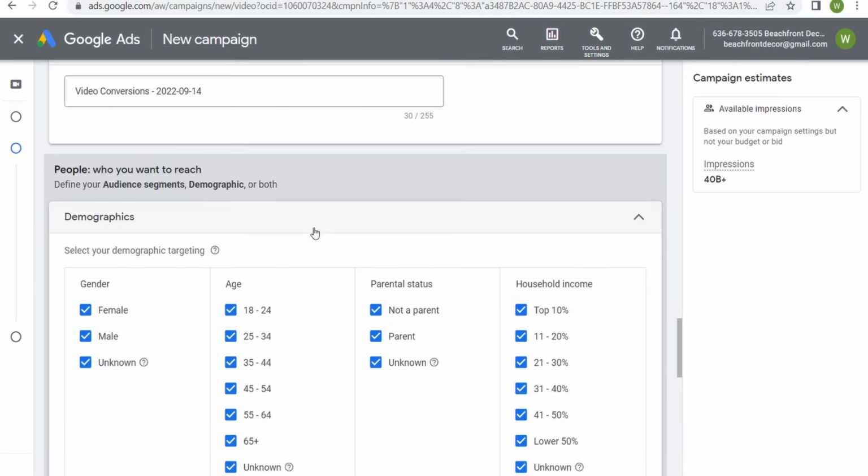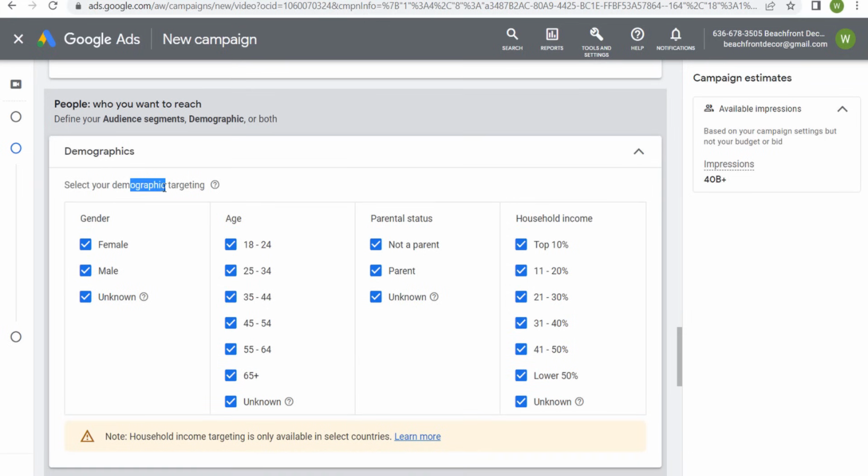So first is going to be demographics. You want to make sure you select your demographic targeting that's going to be the most likely to convert based on the data you have on your website. For mine, the best demographic targeting is going to be female, and it's going to be 25